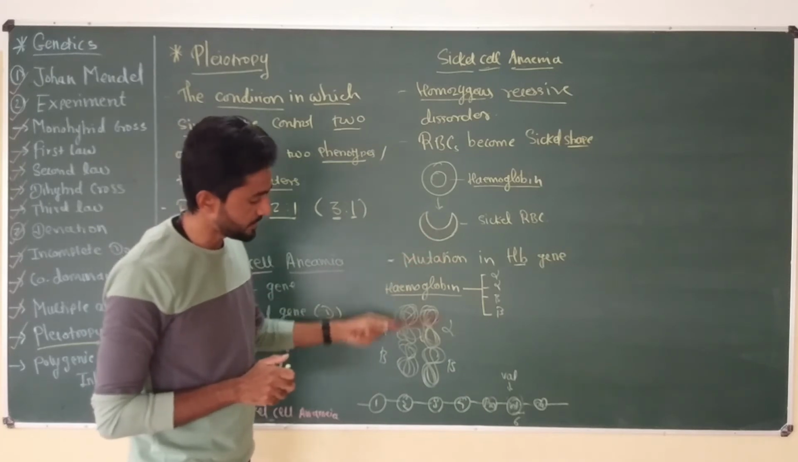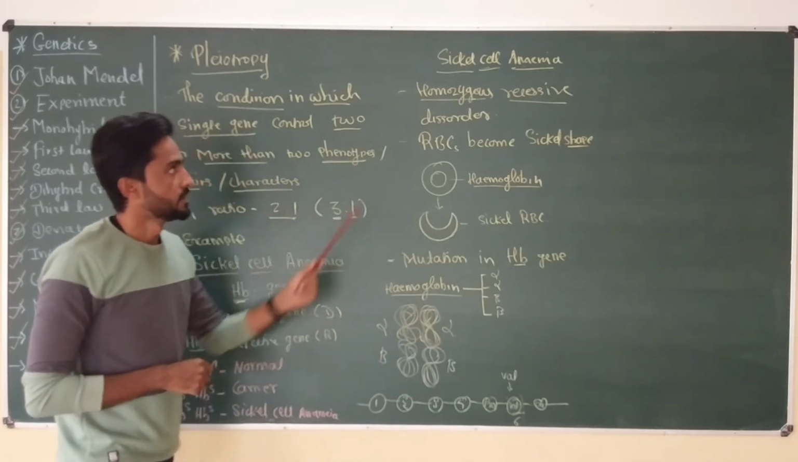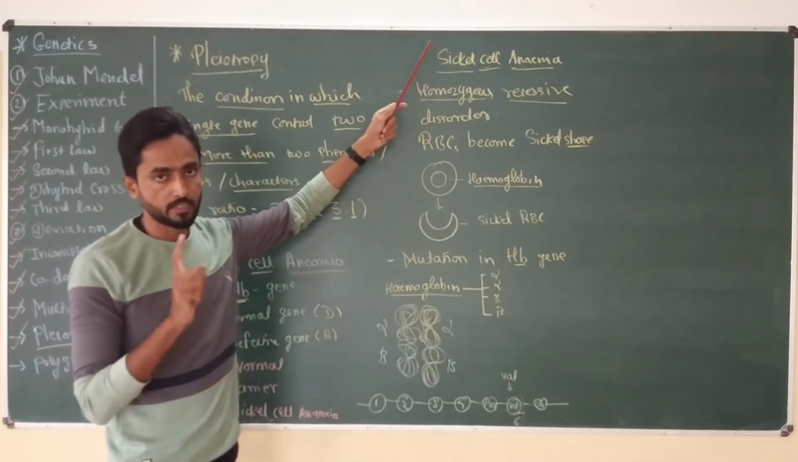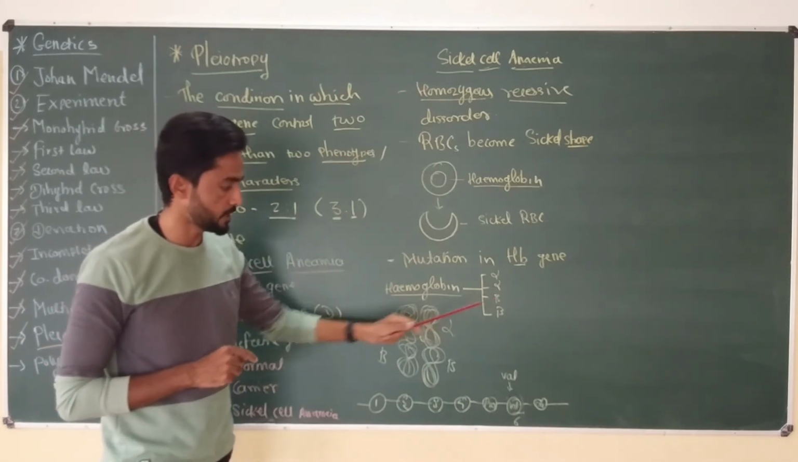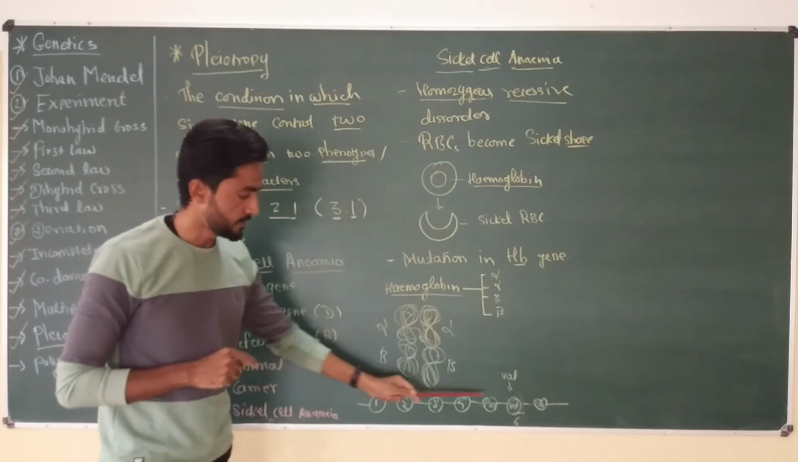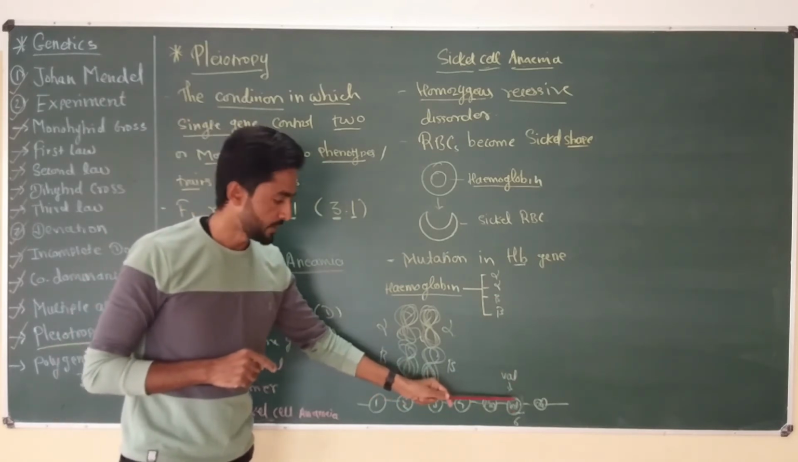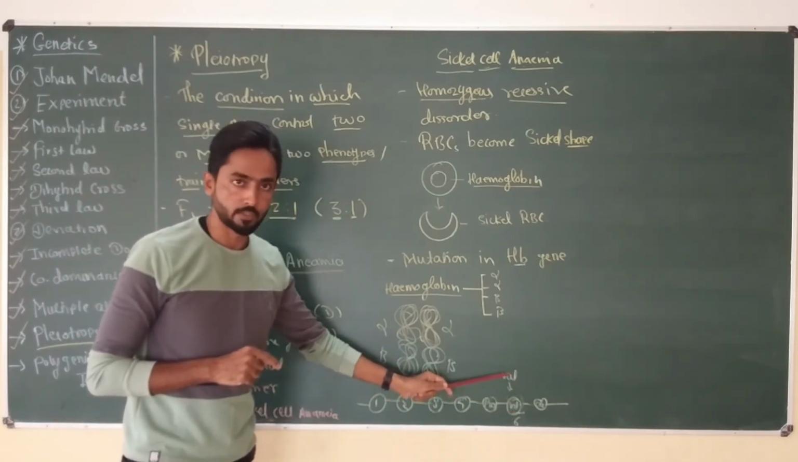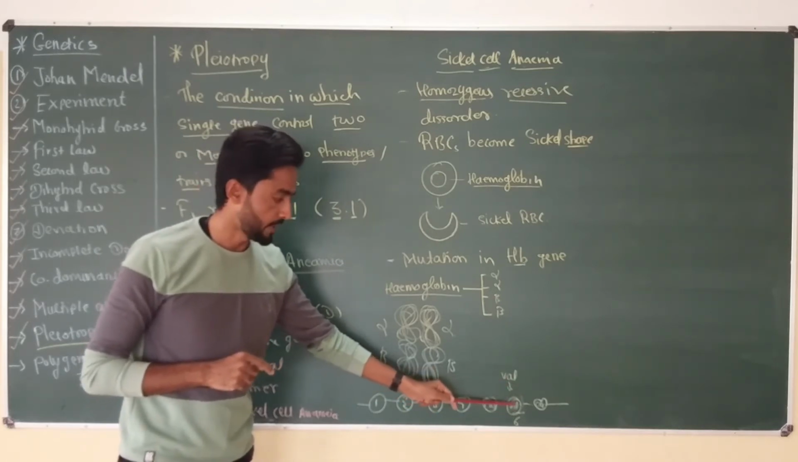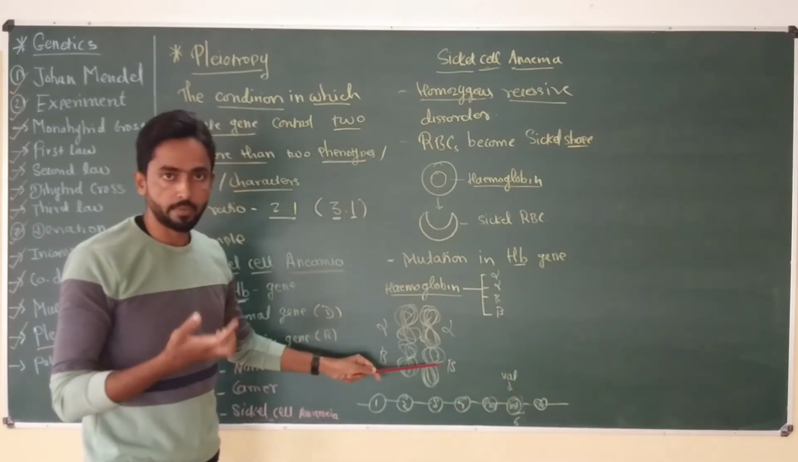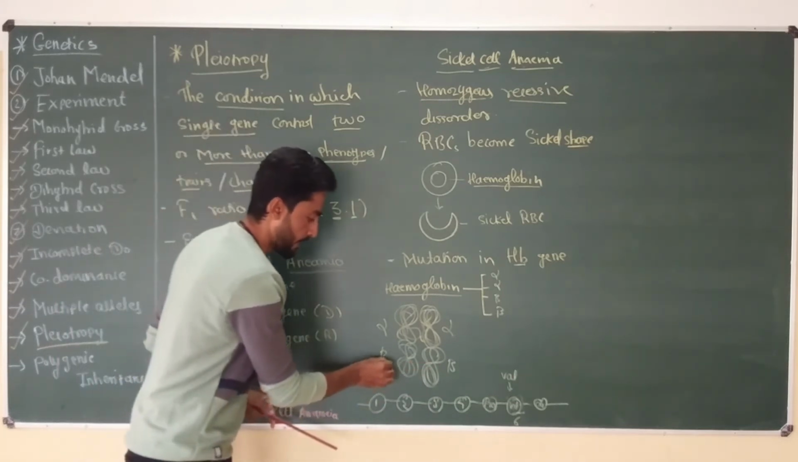Okay, so this is the basic mechanism behind sickle cell anemia. The disease occurs due to a point mutation in the hemoglobin molecule, mainly in the beta chain. The 6th amino acid of the beta chain is replaced by valine, because initially it was glutamic acid, but now it is replaced by valine, and due to the replacement, the hydrophilic beta chain becomes hydrophobic, and this